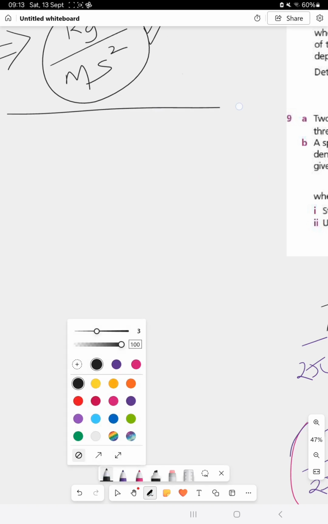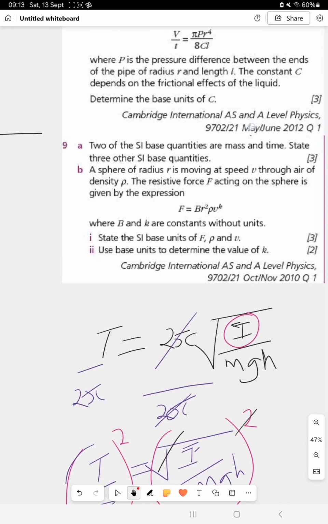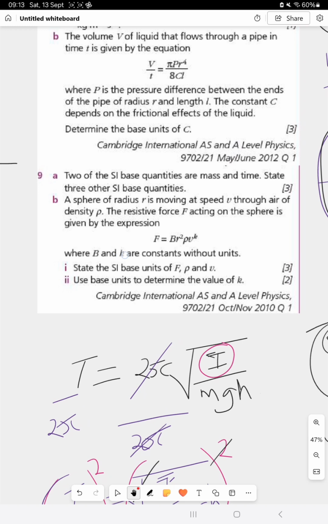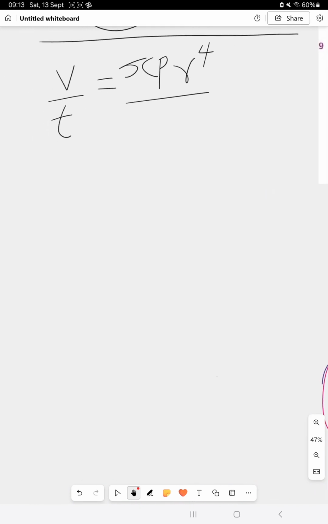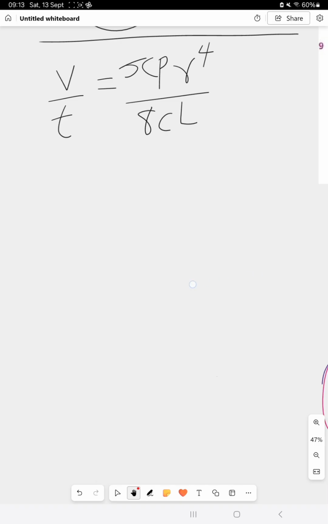We are saying that V over T is equal to pi P r power 4 over 8 C L. Let's continue. It says,